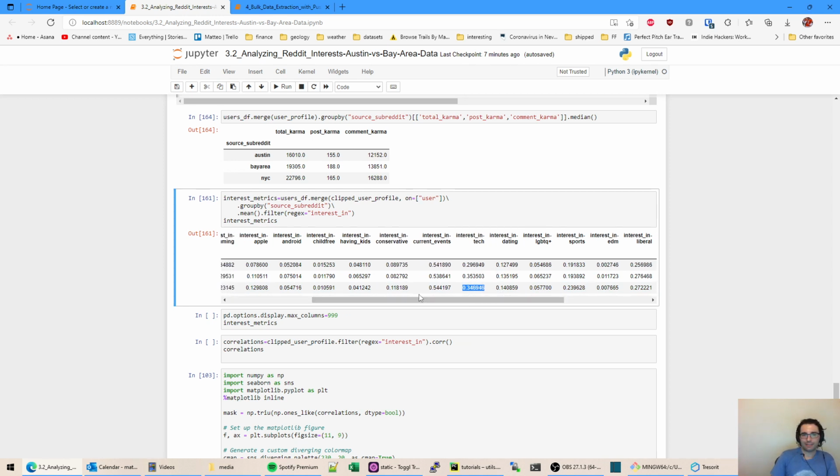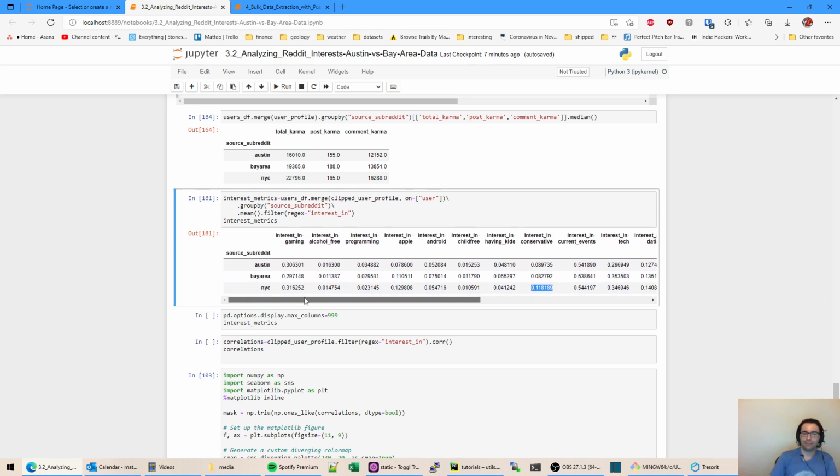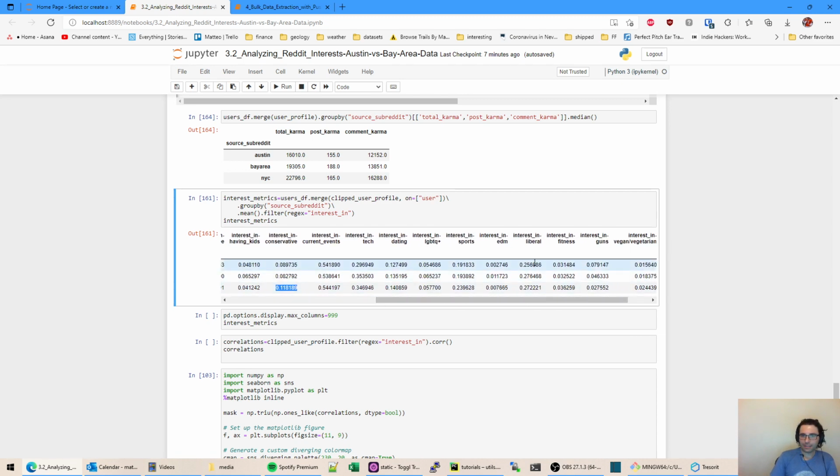But yeah, this is conservative too. Surprisingly, New York City Reddit users trended more conservative than Austin. So I was quite surprised by that too. Maybe it's the finance bent. And let's see, liberal here. I don't think that was too exciting. They also were pretty high on liberal, so maybe they're just more interested in politics too. So there's that sort of confounder to be aware of.